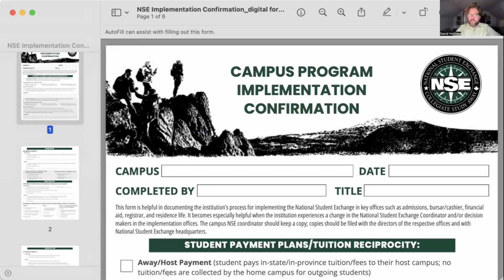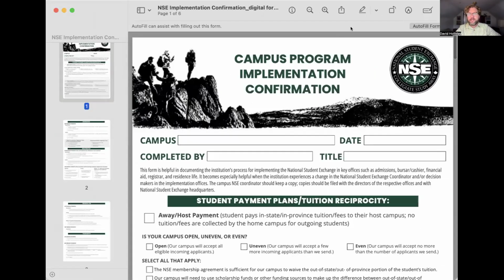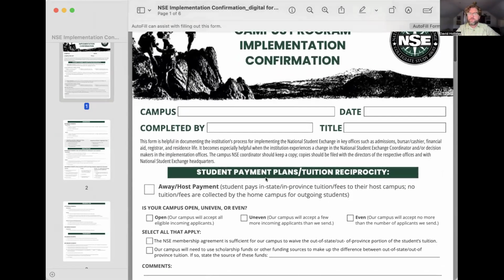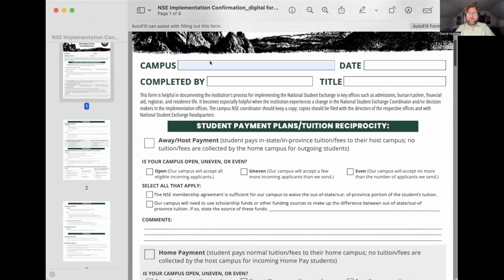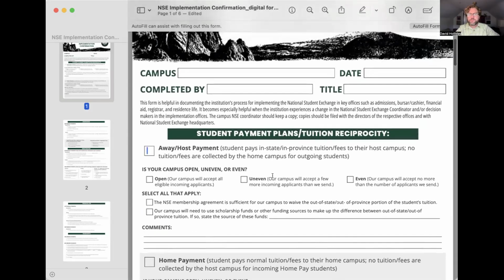we facilitate a lot of training and a lot of conversations on campus. And even veteran coordinators and established campuses who would like our assistance to develop this form for your own campus, have meetings with key campus stakeholders, we are happy to do so. Just feel free to reach out. And like I said as well, we will be sharing a copy of this form, and it's an editable PDF,